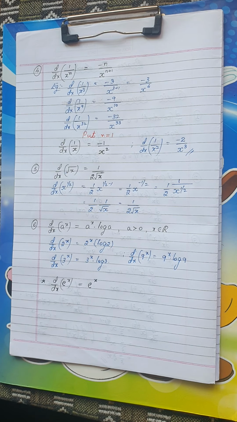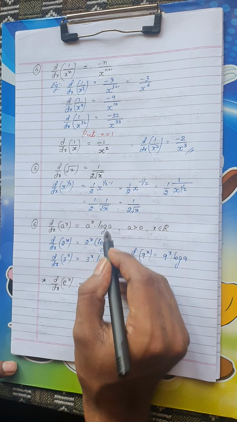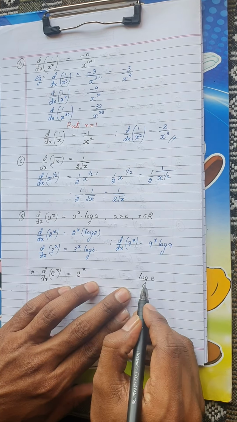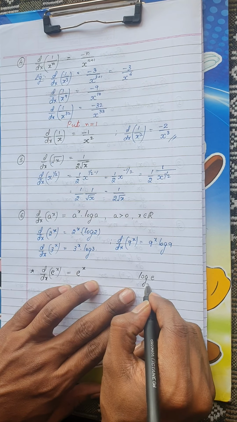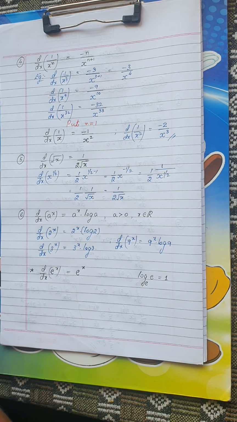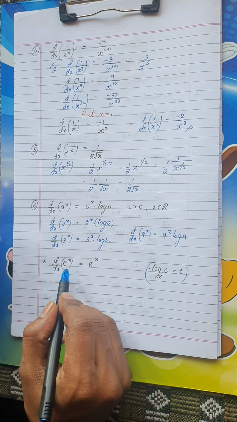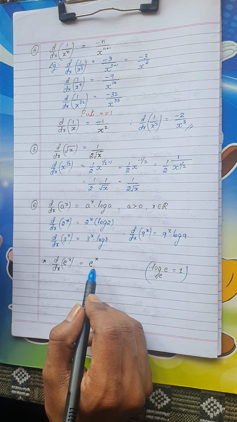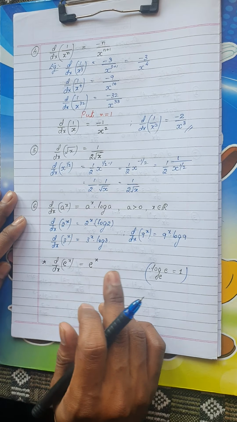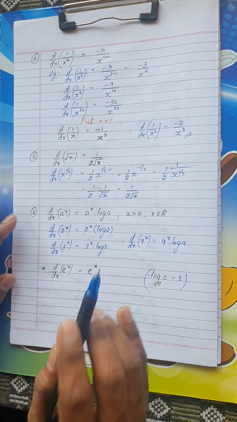Okay, now you might be wondering, sir, e is also a constant, a is also a constant. What about this value log e? So remember, we know that log e, if the base is not given, it is understood to be e. So we know that log e to the base e is 1, therefore e is not considered as this term log e to the base e. So the derivative of e power x is e power x itself. Remember, the derivative of e power x is e power x, the derivative of a power x is a power x into log a.